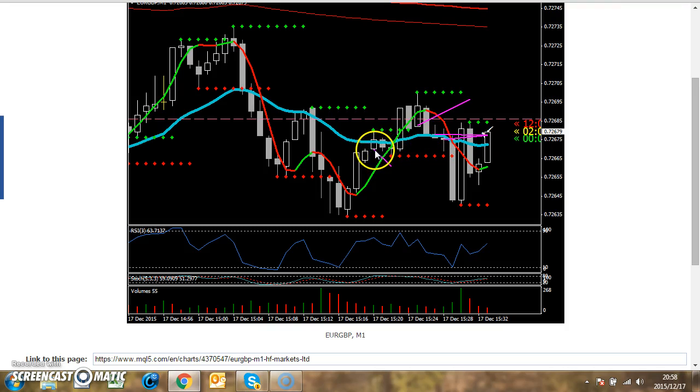Now guys, we have here a low 1. We're looking for a low 2 at least to take a trade. There's a bull bar, there's a bear bar. The bear bar didn't take out the bull bar, so this one doesn't qualify. There's another bull bar. This bear bar went lower than the bull bar. So now we have 2. We call this a low 2.